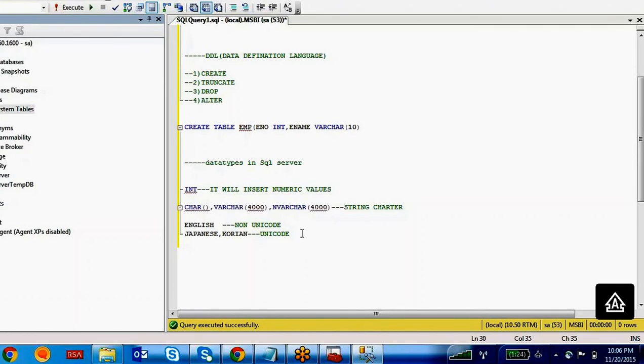Okay, right. So you can put max. If you are putting varchar max, it is allowing up to 2 GB of memory. If you are not specifying anything, if you are putting just varchar, that means it is allowing only 1 byte, which means one single character. Okay, right. So now I am going to take here only 10 for employee name.